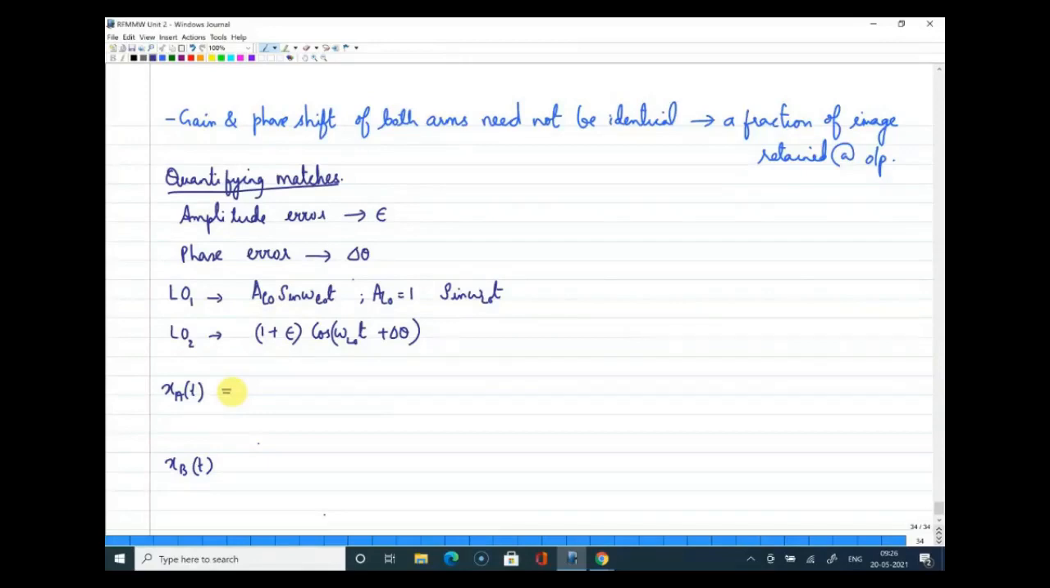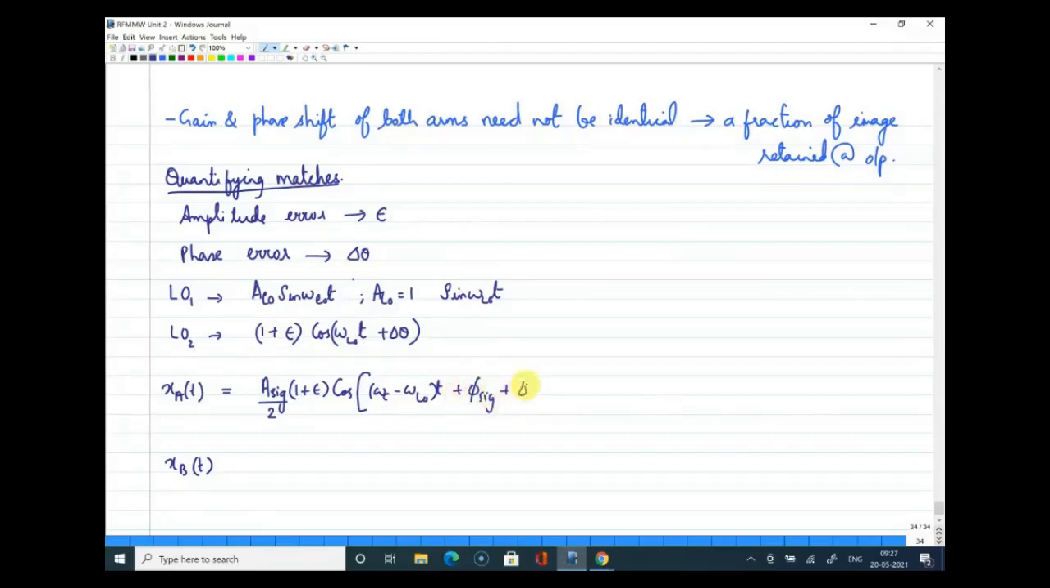So I'll write that. xa of t here will be equal to... Those who have written along with me, please tell me whether this is right or you are getting the same thing. Since it is multiplied with the signal, it will be A signal by 2, and this additional factor will come over here, 1 plus epsilon, and the rest of the things remain the same, cos of omega c minus omega lo into t,